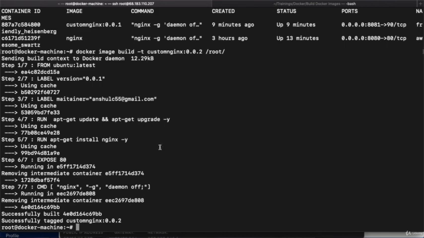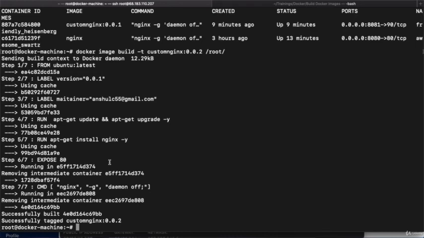And this time you can see it is quite fast. It doesn't take much time as compared to the previous one. Why is it not taking the time? This is the advantage of Docker. This is the beauty of Docker. That's why Docker is very fast in deployment. By default, Docker identified where the change is present, right? And it executed only that particular step. It didn't execute any step where we don't have a change.